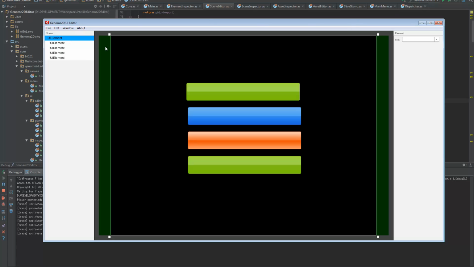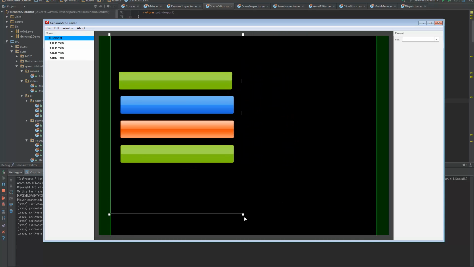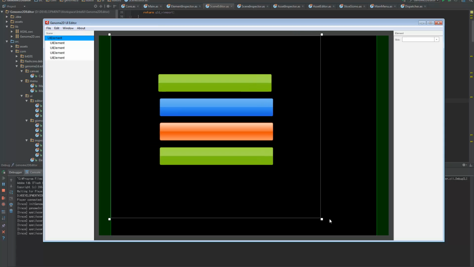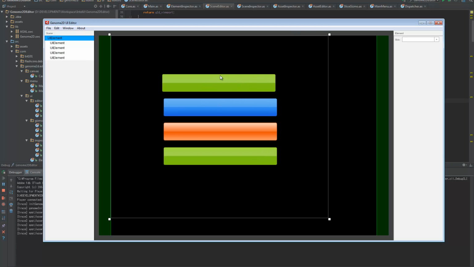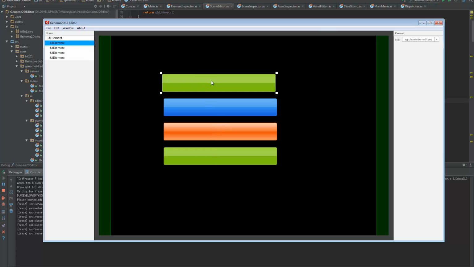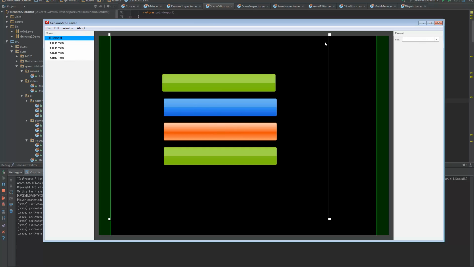So now let's show some kind of UI stuff going on. So we have this root element as set. It's on our whole virtual screen, and let's scale it somewhere. Now you can see that since these buttons are told to be in the middle, and obviously we offset it by some kind of absolute positioning when we moved it, the anchor is still in the middle. So now this button has its anchor here